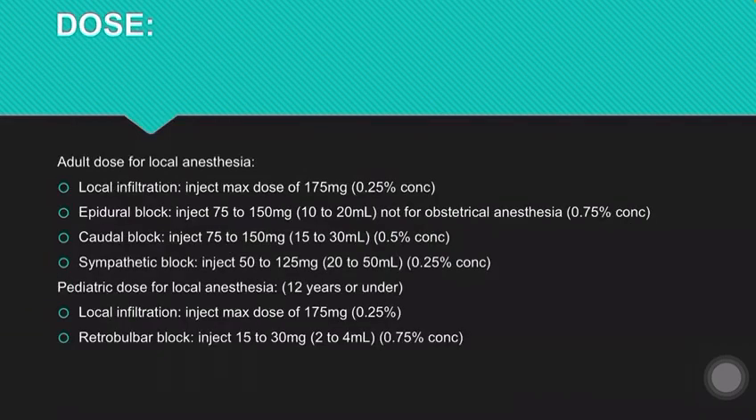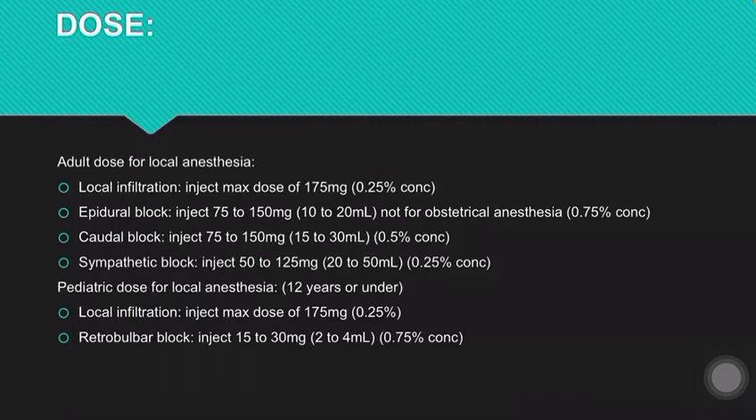Dose. Adult dose for local anesthesia: local infiltration injection should be of 175 mg with 0.25% concentration. During epidural block, injection would be of 75 to 150 mg, 10 to 20 ml, but not for obstetrical anesthesia, and the concentration should be 0.75%. During caudal block, injection should be of 75 to 150 mg, 15 to 30 ml with 0.5% concentration. During sympathetic block, injection should be of 50 to 125 milligrams, 20 to 50 ml, while the concentration should be